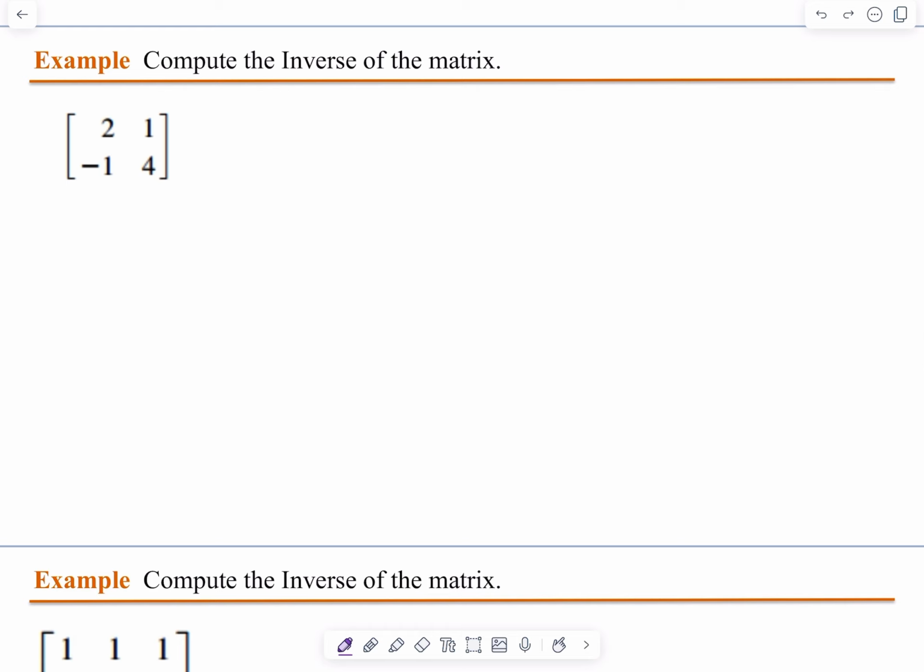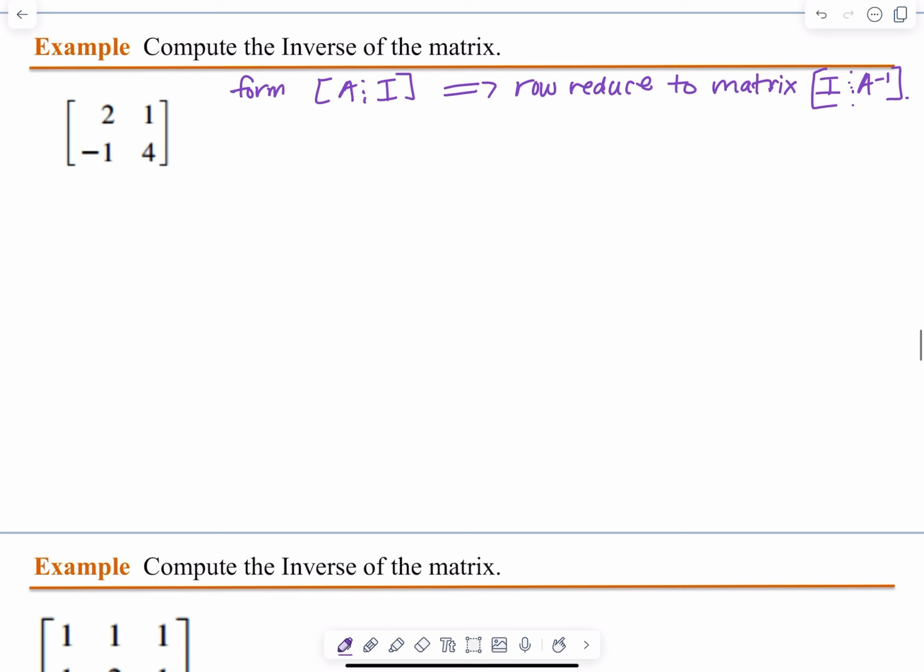We're going to form matrix [A | I]. So let's go ahead and then we will row reduce to matrix [I | A inverse], shown like that. So let's go ahead and first write our matrix [A | I]. So we have